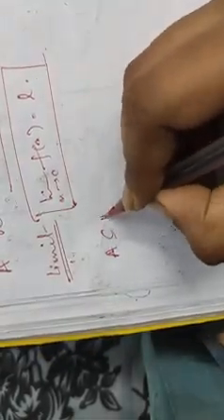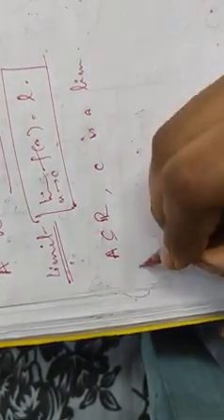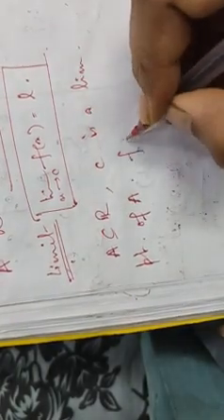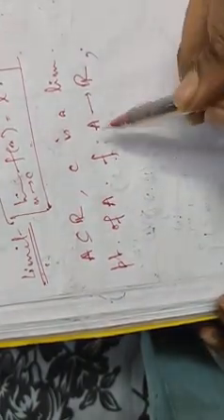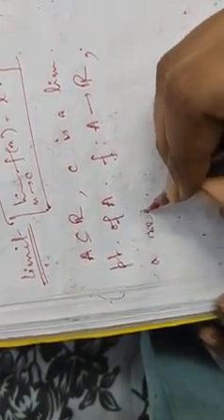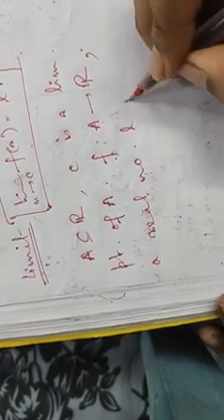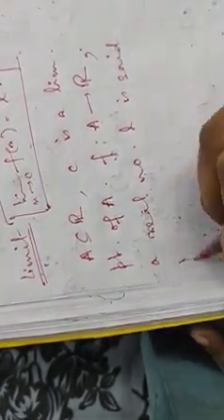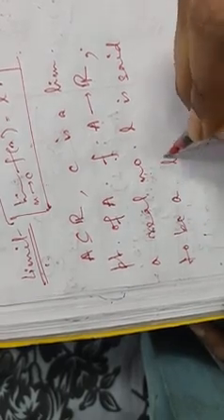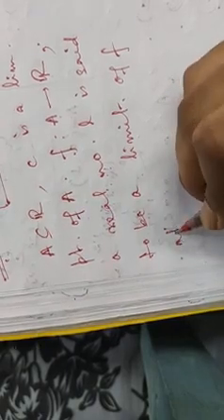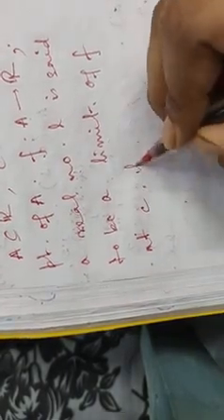So the definition is: let A be a subset of R and C a limit point of A. Now for a function f from A to R, a real number L is said to be a limit of f at C if